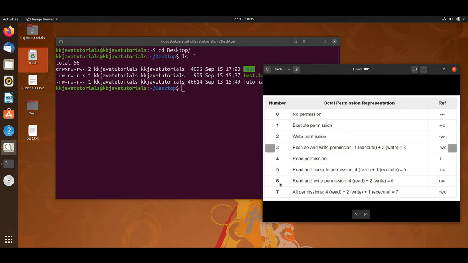If you take the number 6 in octal permission representation, meaning the octal number system, 6 means 4 plus 2. 4 represents read and 2 represents write. So if you give the number 6, you are assigning read and write permission. If you assign 7 to any user, group, or other user, then that will have all kinds of permission,